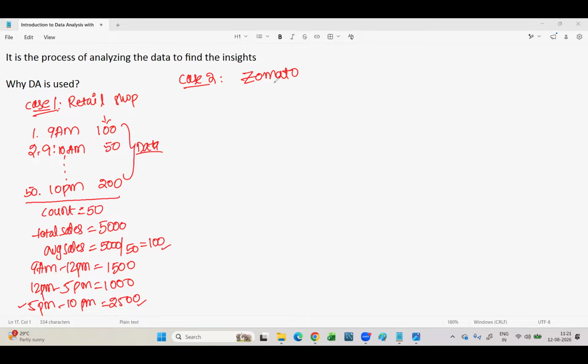See how much data will come in one single day in a company like Zomato. Here, hardly 50 customers came, so you wrote on a piece of paper, but here you will get approximately 8 lakhs of orders per day. How can you store this much data on a piece of paper? That is the reason you got databases, the cloud, and servers. These technical things came into the picture to handle these large amounts of data.